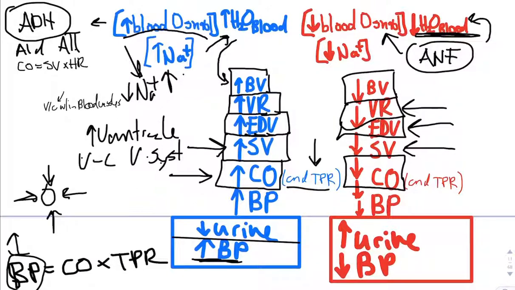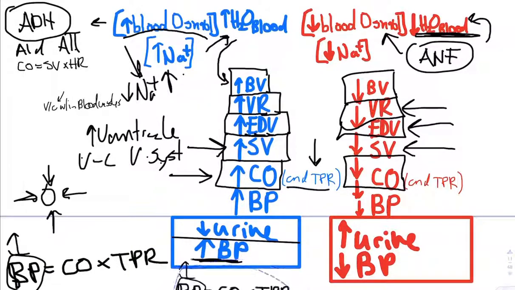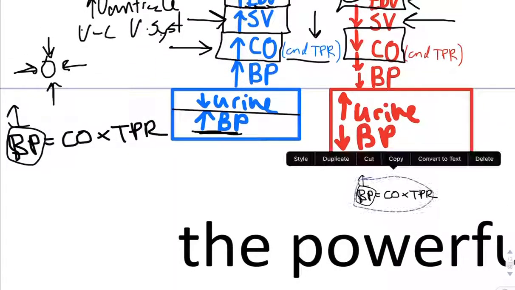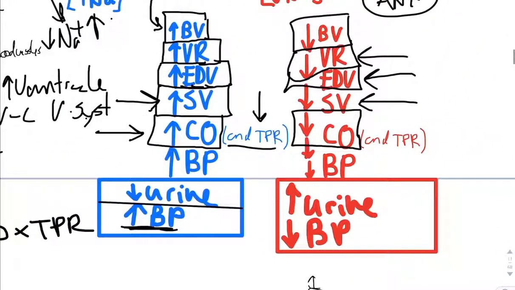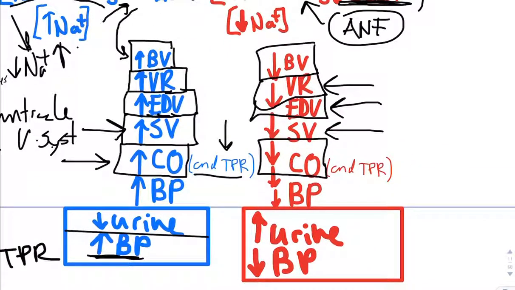Well, we're going to get the opposite of this one. We're going to get a decreased blood pressure. But the overall effect is going to be this increase in urine output, which is going to be